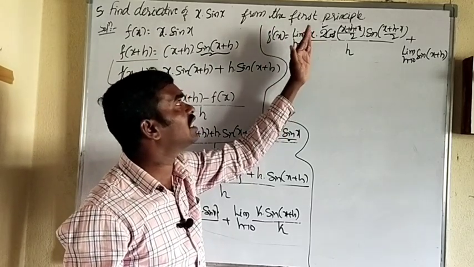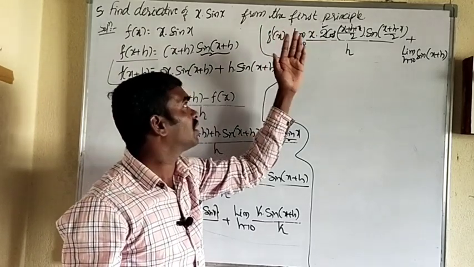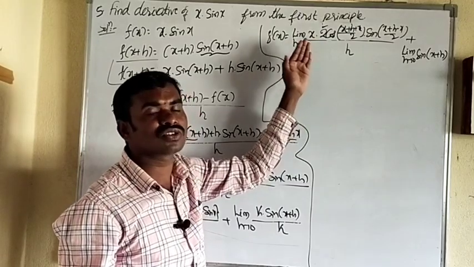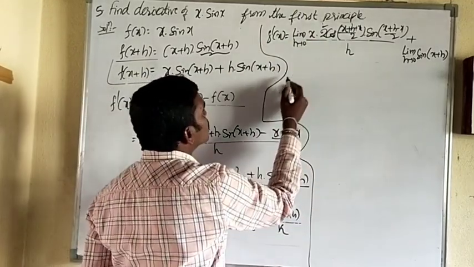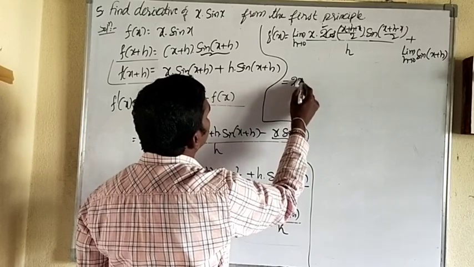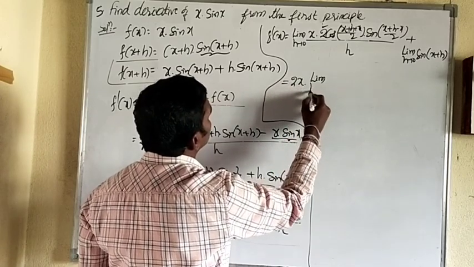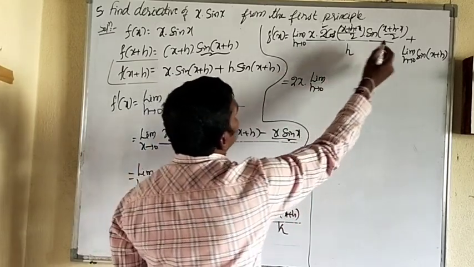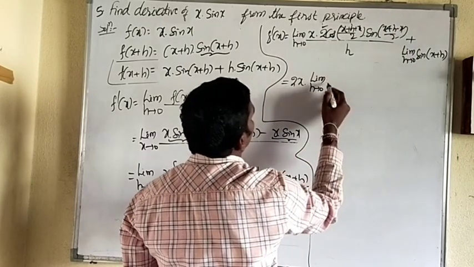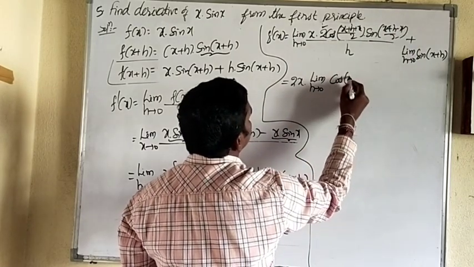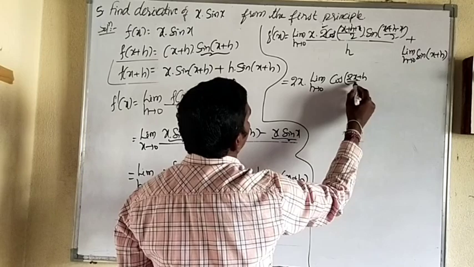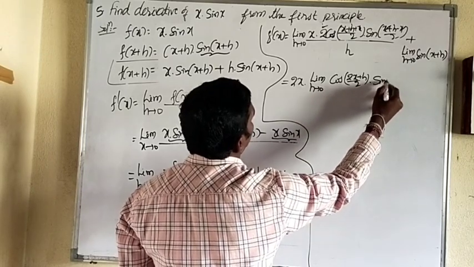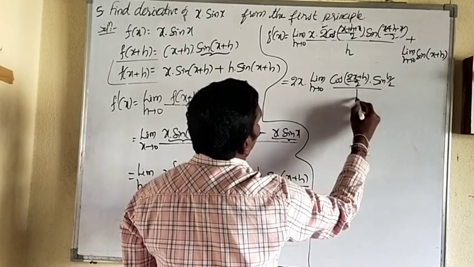So whether we apply the limit to it or not, there is no change. So 2x is thought of as a constant term, written outside, and in the limit h tends to 0, the remaining terms are: plus x minus x cancel, cos of (2x plus h) by 2 into sin of h by 2, by h, and